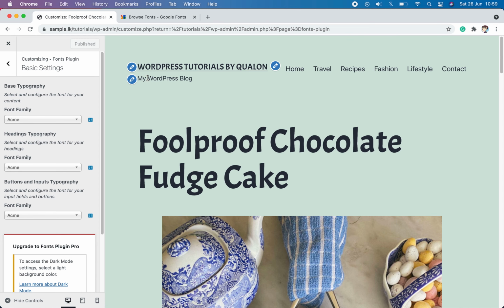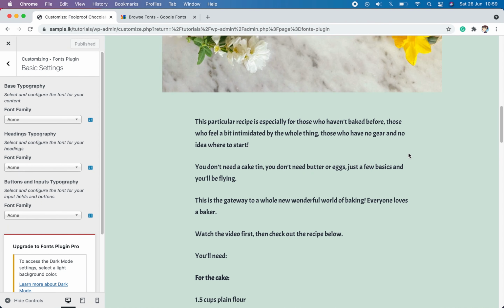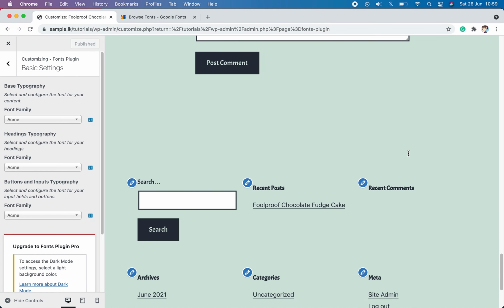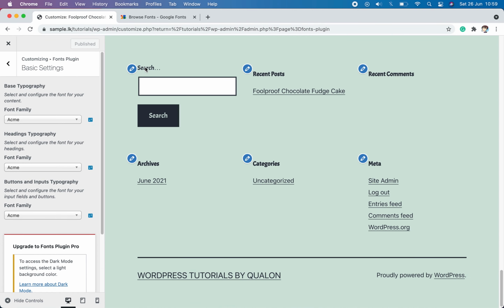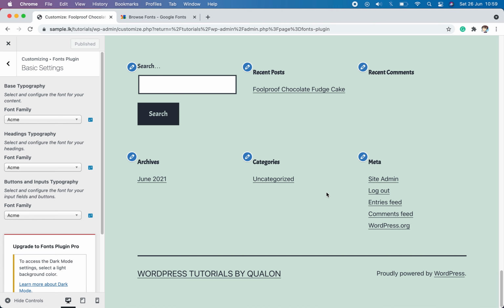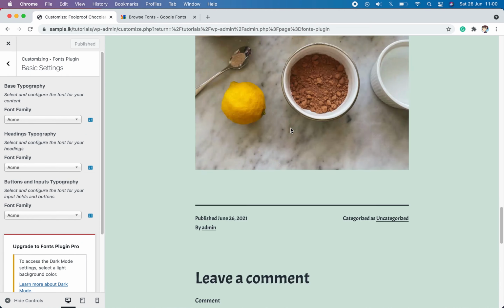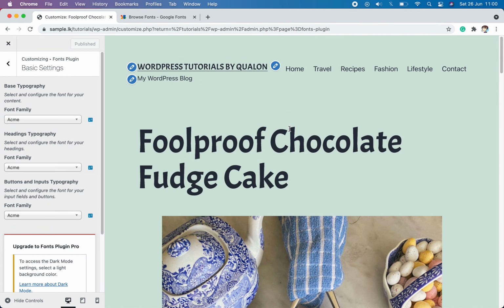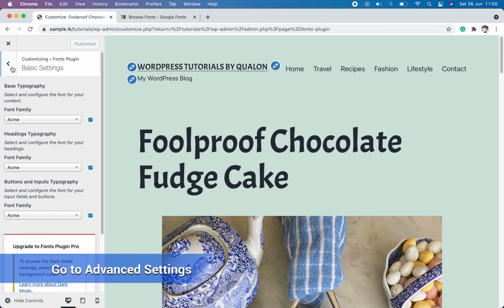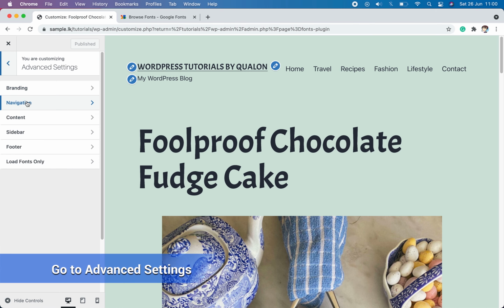Then you can see the menus, site description and the fonts of the footer haven't changed. Now let's see how to change that. After configuring all the basic settings, go back to the menu and go to Advanced Settings.